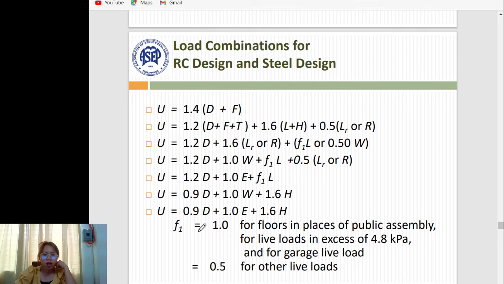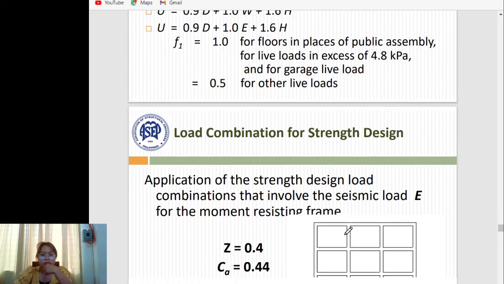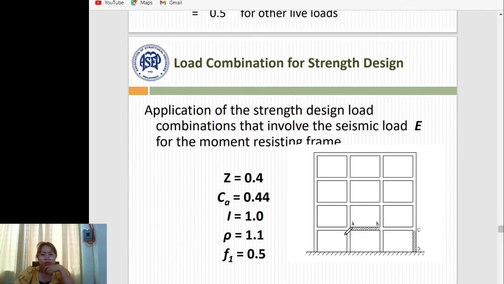Then the F sub 1 is equal to 1.0 for floors in places of public assembly, for live loads in excess of 4.8 kPa, or for garage live load, and we use 0.5 for other live loads. Then the load combination for strength design, the application of strength design load combinations that involve the seismic load E